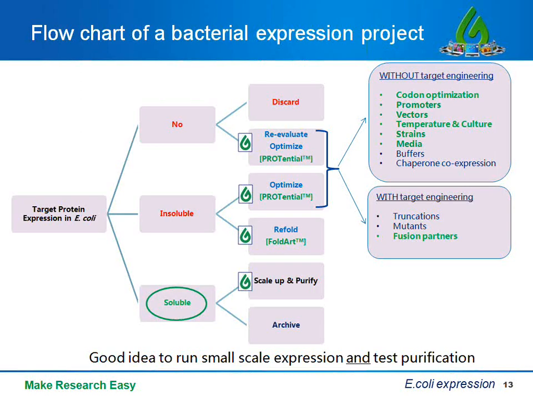So this is similar to an earlier slide where we look at a bacterial expression project more closely. Once you adapt expression and see that the protein is insoluble at small scale, you could either archive the construct or scale it up and purify it. On the other hand, if the protein does not express at all, we need to review the construct carefully to make sure there is nothing wrong with it. For example, is the DNA sequence all right? Is there a frameshift mutation that results in no expression? Is the vector okay? Is the protein toxic?